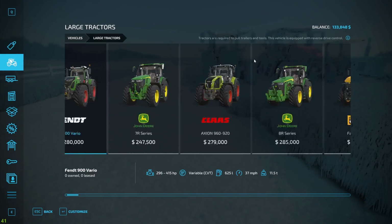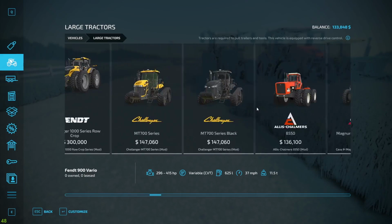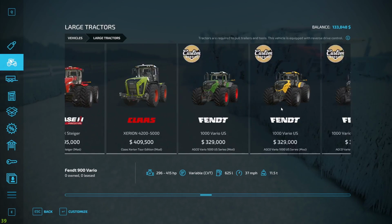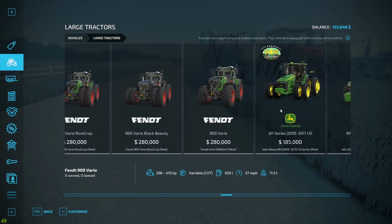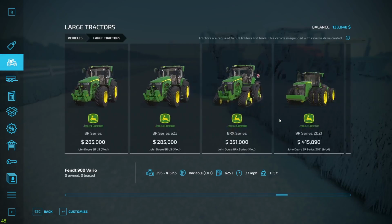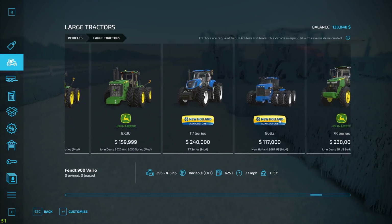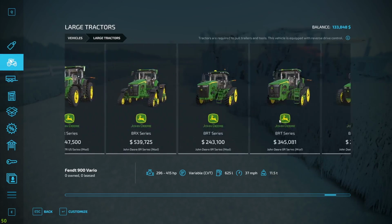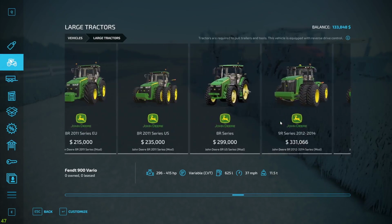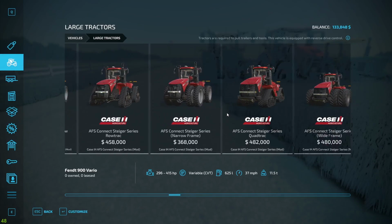And let's see. Do we want to get a large tractor? I'm thinking we might need one. Now, what tractor do we get is the question. We already have that big John Deere. So maybe get a Case on the farm here. I don't know if I have the tractor I'm looking for. Might have to change this one out, but for now,